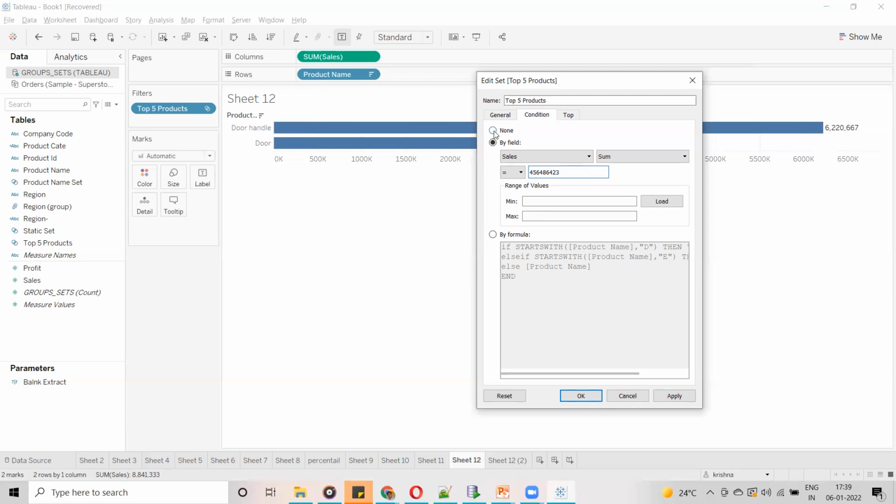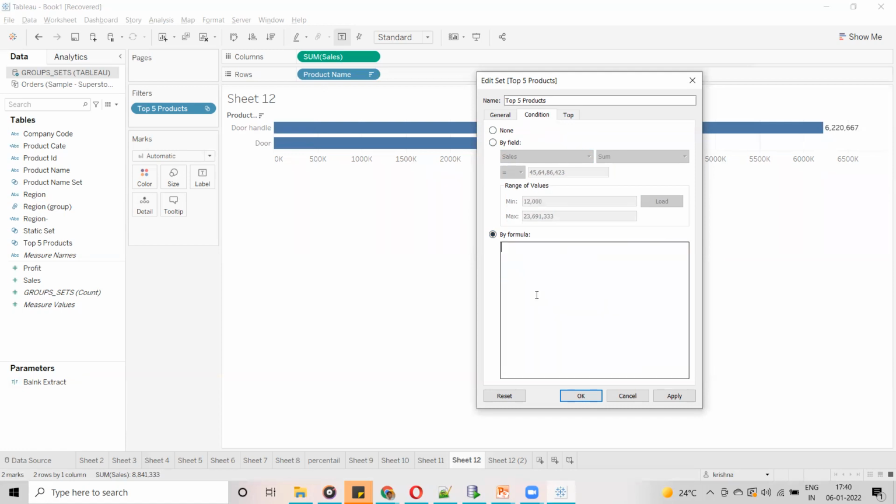Okay, guys, this is the condition window, condition tab. Are you guys clear about this? And here we have load minimum and maximum. When you click on load, it is going to display, in sum of sales, what the minimum value and the maximum value are. That's it. Here you cannot specify the values, it only displays the maximum and minimum values. And you can write the calculation again here, based on that.